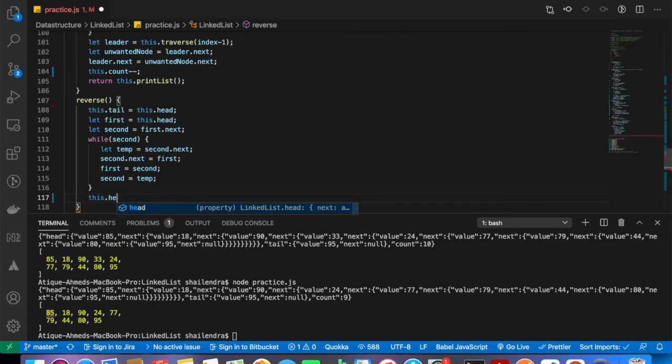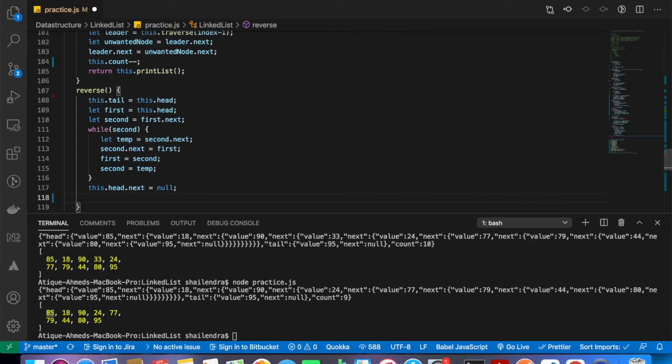Then you need to say this.head.next is equal to null, and this.head is equal to first.